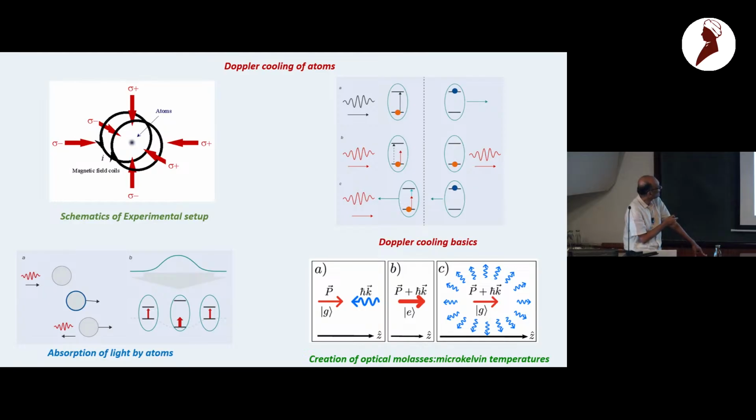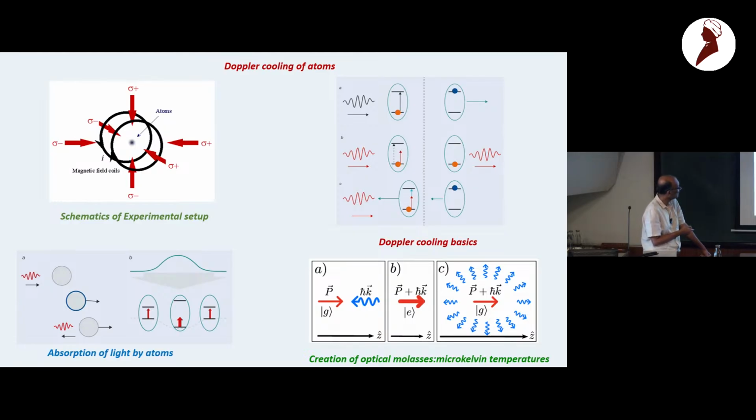So you typically take a bunch of atoms in some trap, and the first set of cooling is this Doppler cooling of atoms, where you point lasers at it. Now, when you put a laser light towards an atom, the atom only interacts with this laser, absorbs this laser, when its frequency matches the energy difference of its states. Otherwise, it just lets it pass. Now, this is the thing that is used for this Doppler cooling.